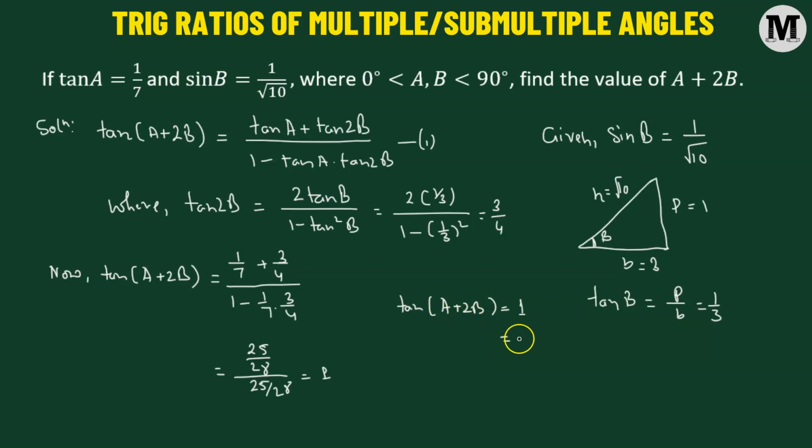However, we know for a fact that tangent of pi over 4 radian corresponds to 1. So we can say that tangent of A plus 2B equals tangent of pi over 4, which means angle A plus 2B will be equal to pi over